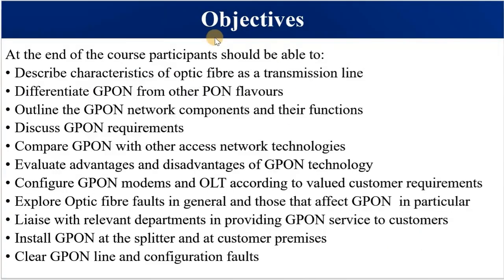In this slide, we are going to look at objectives, and these are our objectives. You should be able to describe the characteristics of optical fiber as a transmission line. Number 2, differentiate GPON from other passive optical network flavors. Number 3, you must be able to outline the network devices that are found on a GPON network and the function of GPON modems, and also in the OLT according to